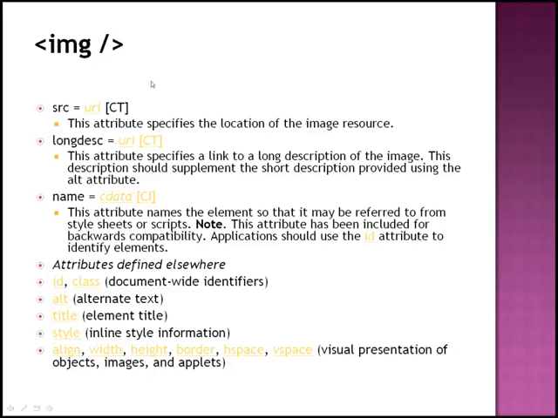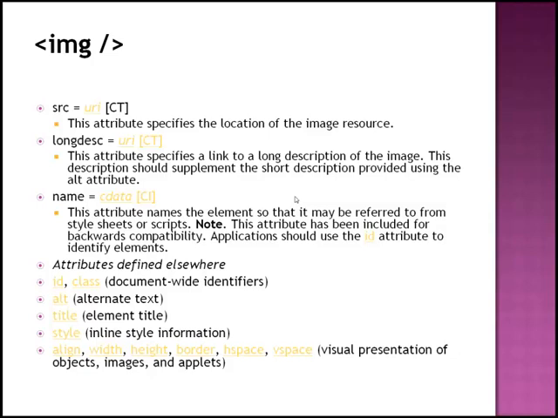So that's the image element. There's the source, which is essentially a universal resource indicator that tells you the location of the image, where the image is located. It could be either an image on the web, and you put it as a hyperlink, an HTTP hyperlink, or it could be an image inside a folder within your website. And